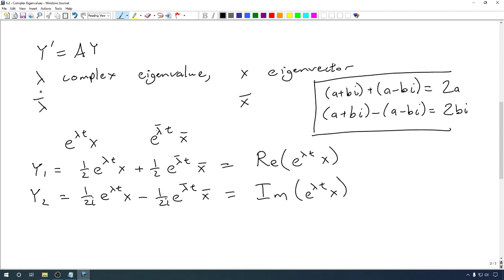Once we find one complex eigenvalue and its eigenvector, we assume that we already know that we have this other pair. And then we'll find these real and imaginary parts and use those, because those are real functions instead of these complex functions. That way we can get an actual real solution, something that doesn't involve complex numbers, as our final